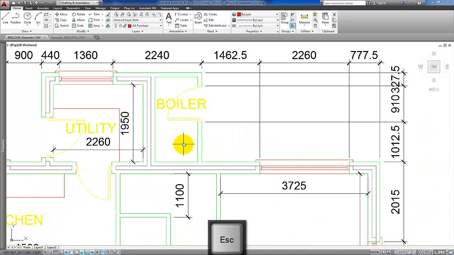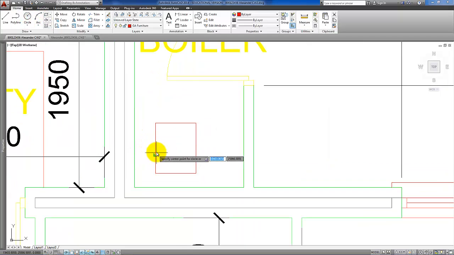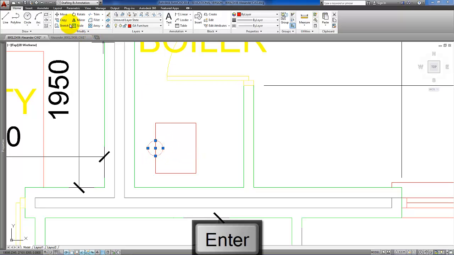Finally, with the boiler, we need to draw new blocks, so rectangle tool, and the size for the boiler is 400 wide by 500. Just move that down a little, and then we can draw a circle for the flue from the boiler, and the diameter for that is 150, so the radius is 75, and then if we move that over by 125,